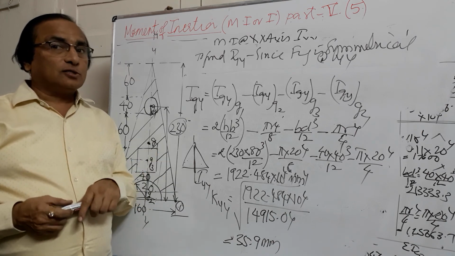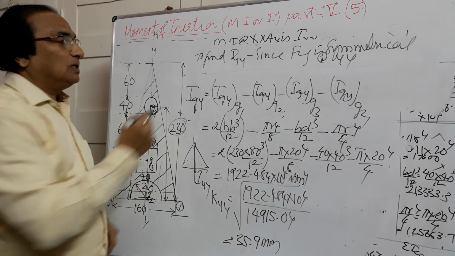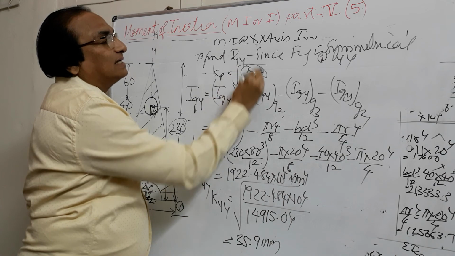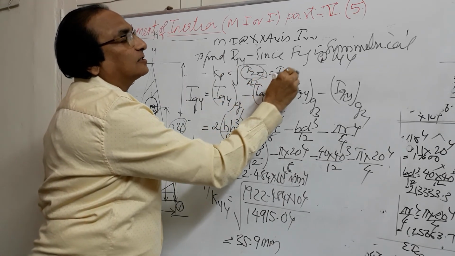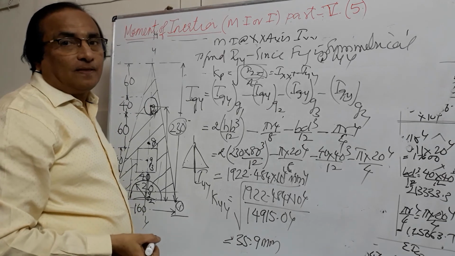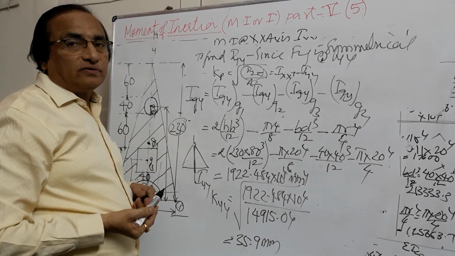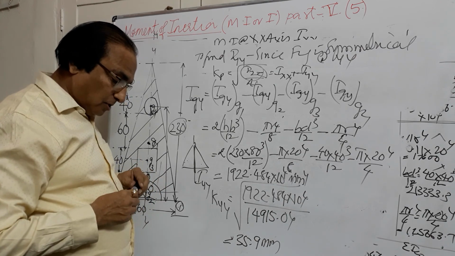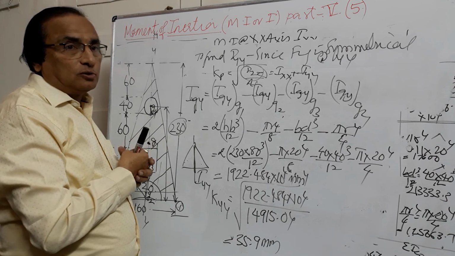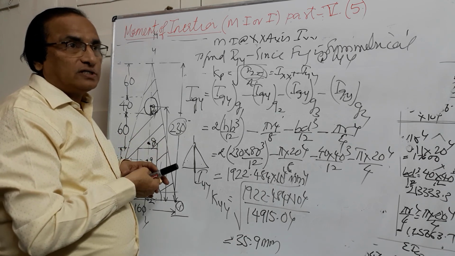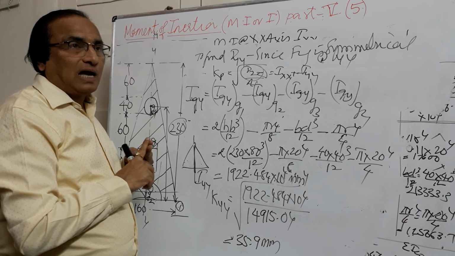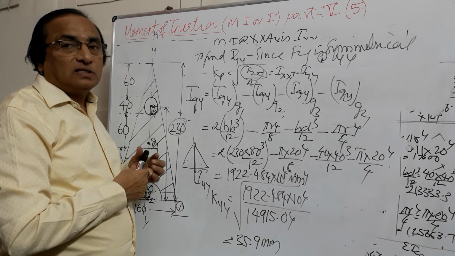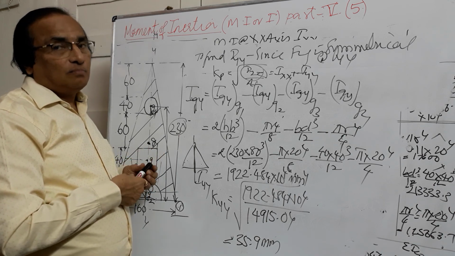See, same problem I can ask you to find out polar radius of gyration. So what is polar radius of gyration? That is nothing but under root Izz divided by A. So what is Izz? This will be equal to Ixx plus Iyy. So that will help you to find out the polar radius of gyration. So what is asked in the problem, you'll have to stick to those calculations. In this problem, I can ask you which is the least moment of inertia also. Again, to find out least moment of inertia, you'll have to find out Ixx, you'll have to find out Iyy. So which is the lesser of the two, that will be the least moment of inertia. So these are the different categories of problem you see in moment of inertia.